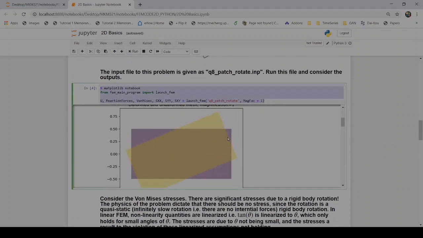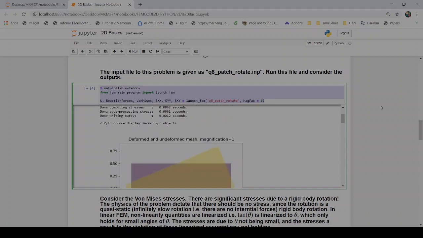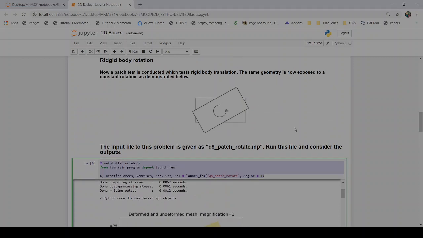So the reality is, when you have a problem with large rotations and you need to model it with finite elements, you cannot use linear elasticity. No go. You have to go for a nonlinear model, called a geometrically nonlinear model, so that you can handle the large rotations. This is a really important aspect to understand. You need to understand the limitations from the solid mechanics theory that we've applied, which is